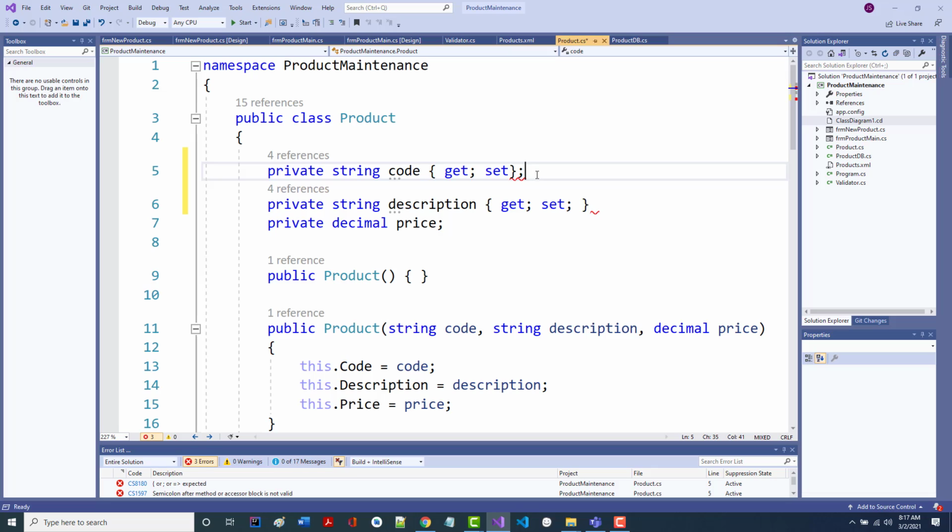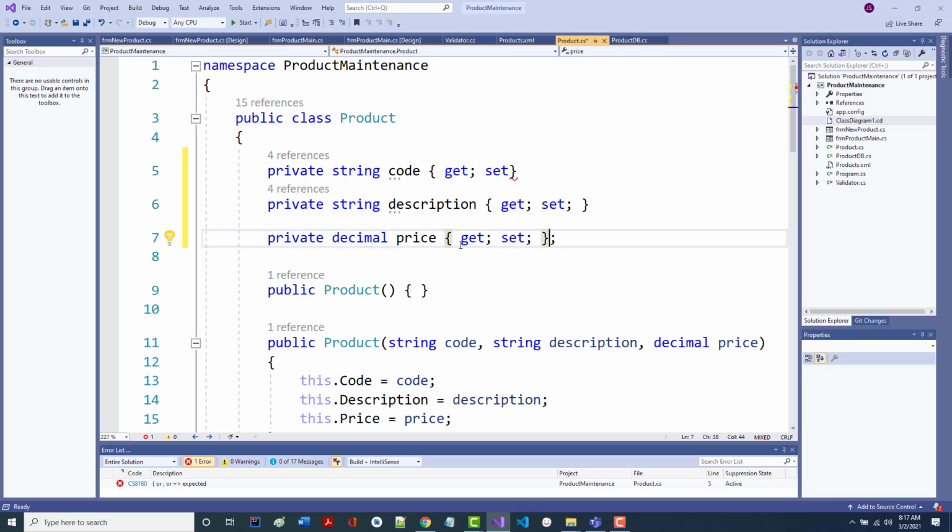I think it doesn't want anything at the end there. All right. And then do it here. All right, and the reason that we're able to do that, and the reason that it works okay, I'm going to fix that error in just a second. I don't have a semicolon there.